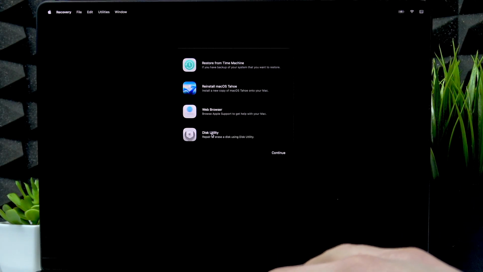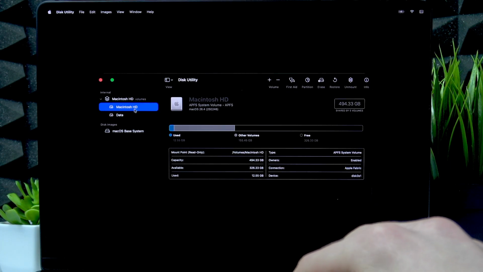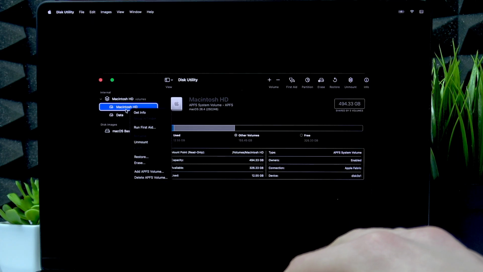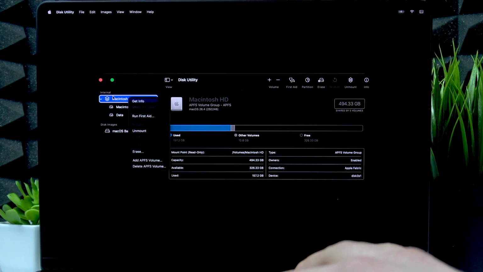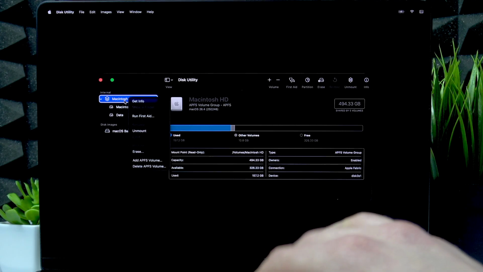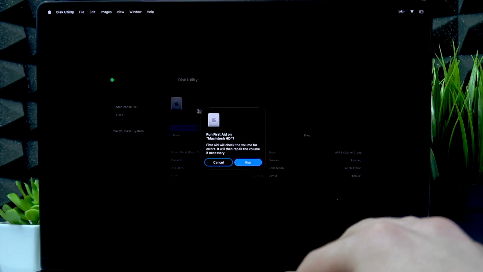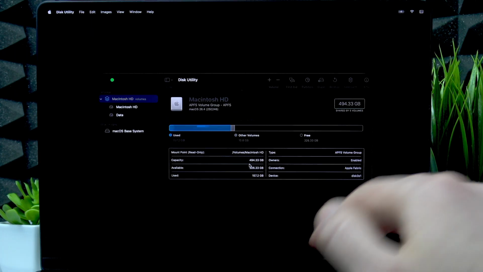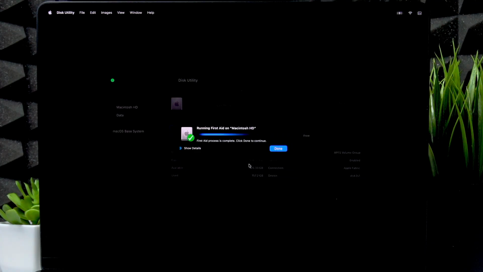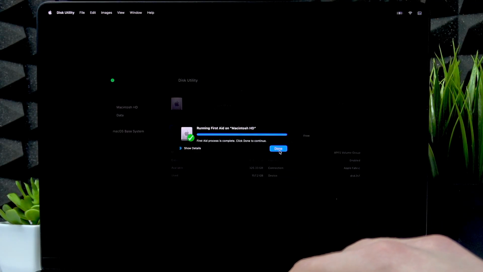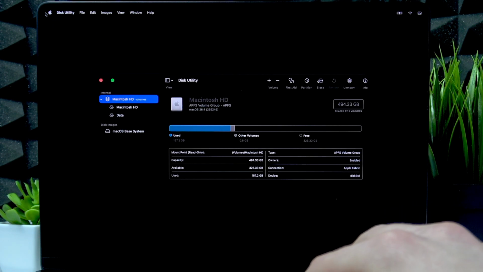Okay, and then we need to go to Disk Utility, and then we want to select our Macintosh HD right here. So click it with two fingers and then select Run First Aid. And then click Run, and this will check your drive for errors. Now this is gonna take a while, and once the first aid is complete, just restart your device by going